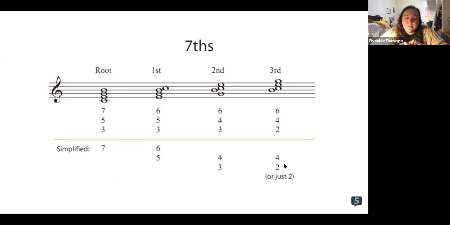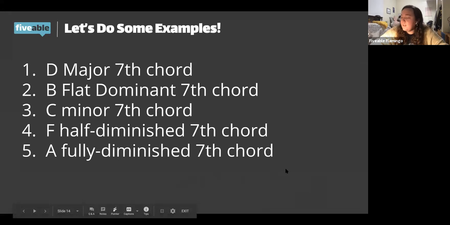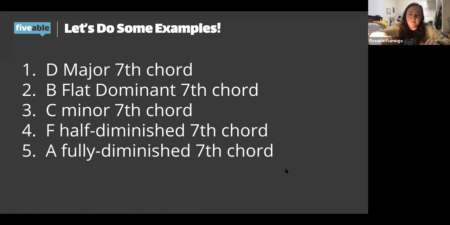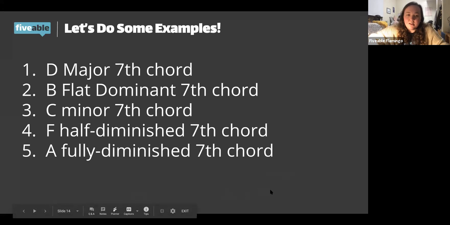Any questions about inversions or anything about seventh chords? No? This might be a short one then tonight, guys. So let's do some examples, and I'm going to stop sharing. I can just tell you what these are. We don't need to look at the full examples,